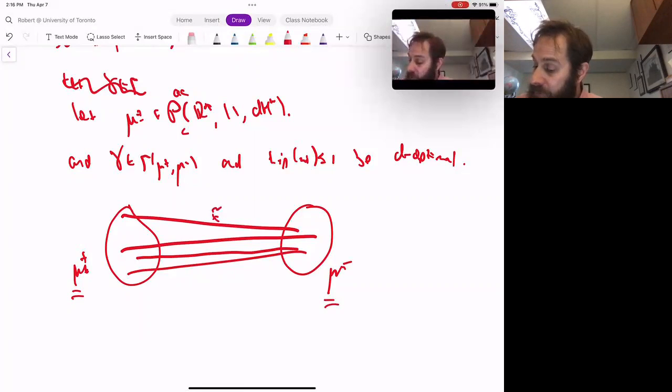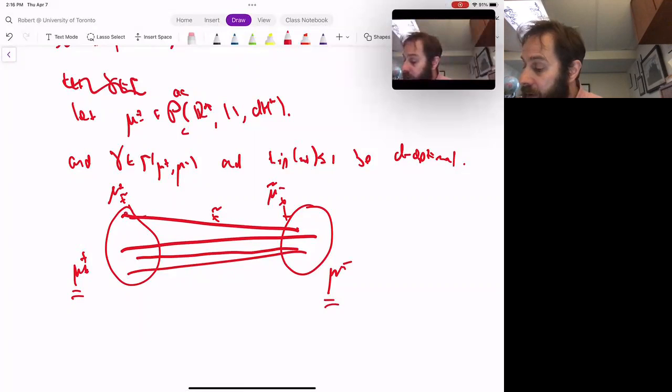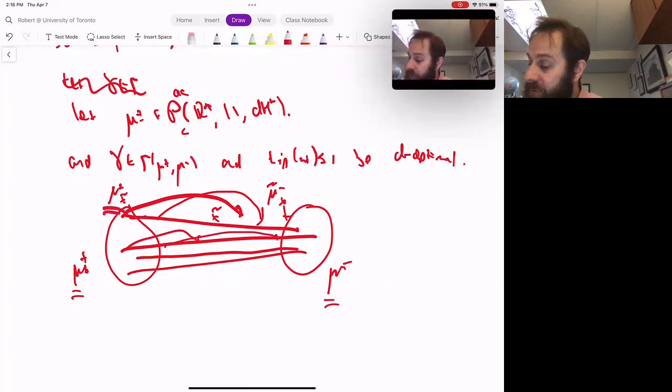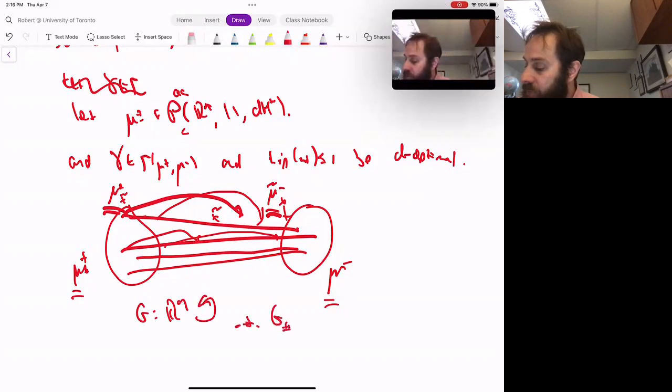So this would be an equivalence class, and I get a measure mu plus x tilde on this equivalence class, and a measure probably living over here, mu minus x tilde on this equivalence class. And I would do the monotone non-decreasing map on each equivalence class, and then I would glue all those things together, which pushes forward this to that, and I would glue all those things together and hope to get a mapping G from Rn to itself, such that G pushes forward mu plus to mu minus,